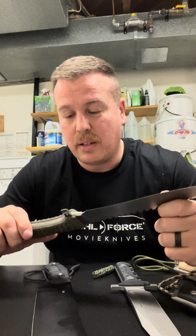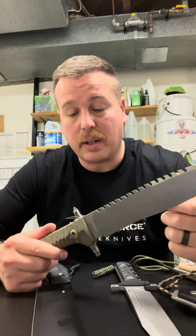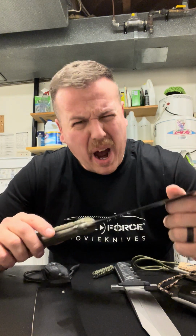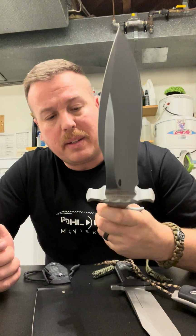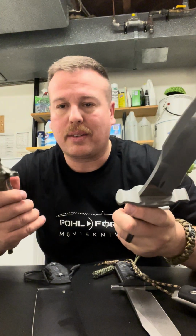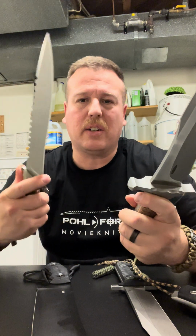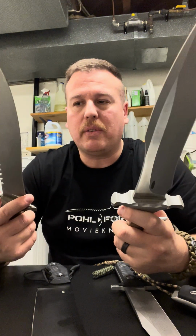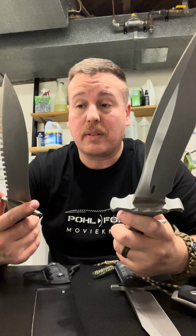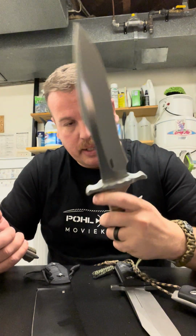Man, every time I pick up this knife, I drool. It's just like, wow. It's crazy how light it is. This is the MK9, right? CNC2. This is like twice the weight as this. Twice as heavy. So much lighter. You could pack this around on your hip and you wouldn't even notice it there. It's crazy how light this is. But the steel on it is like a million times better than